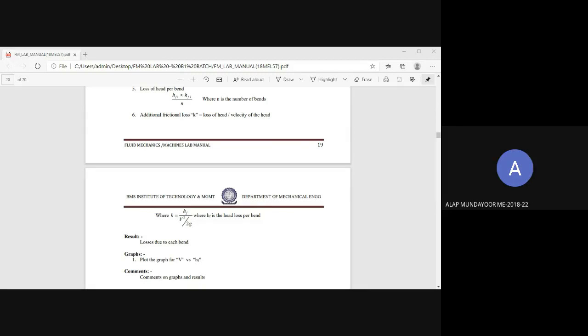H2 is negative, no, sir? Negative only, all negative only. So I said H2 is negative. Here take negative only for all the readings. H equals H1 plus H2 only you can take. I have missed this. Sorry, it's negative.